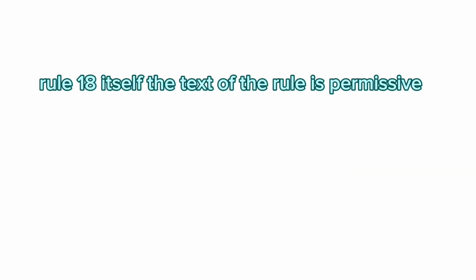That brings up a really important point, though. The rule says I can join the lawnmower claim. But do I have to? Is there some kind of penalty if I decide not to? This is where it gets a little tricky. Rule 18 itself, the text of the rule, is permissive. It says, may. So strictly speaking, you don't have to bring the lawnmower claim because it has nothing to do with the tree. They're factually unrelated.